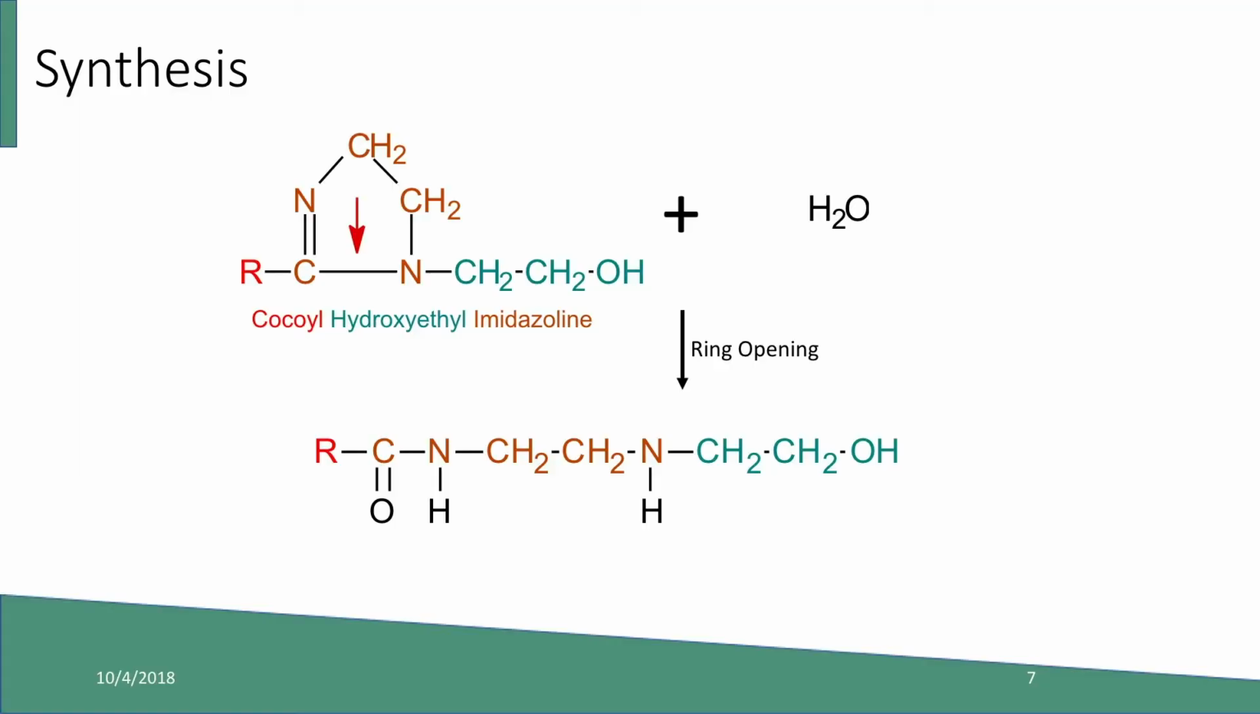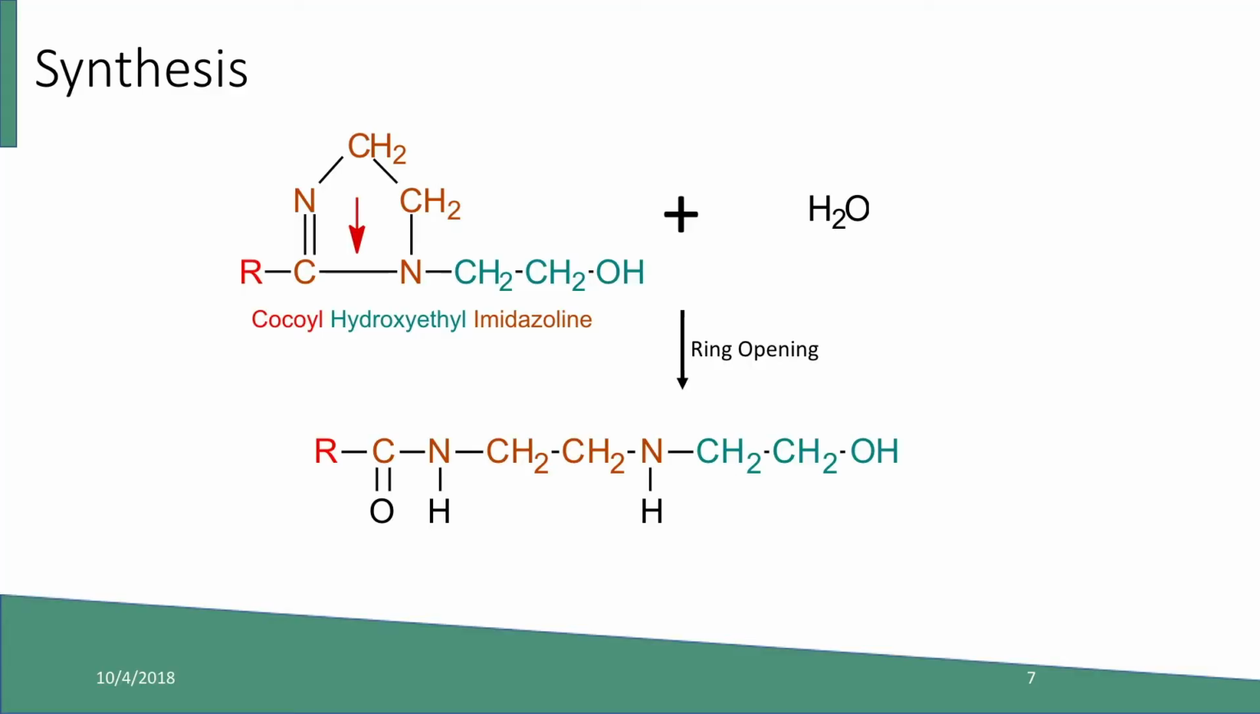Moving on to the synthesis, real quick, the synthesis begins with a cocoyl hydroxyethyl imidazoline, which you can see has that 5-membered ring, which is the imidazoline group. You start with a hydrolysis with water and some heat, and you open up that ring. So where that arrow is pointing into that ring, you open it up and you end up with a more linear